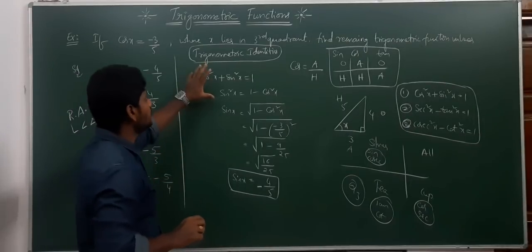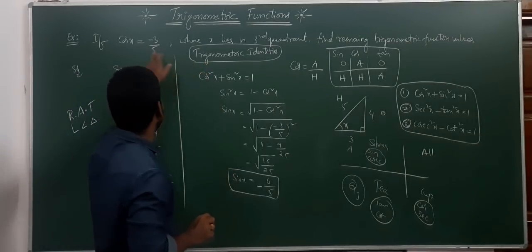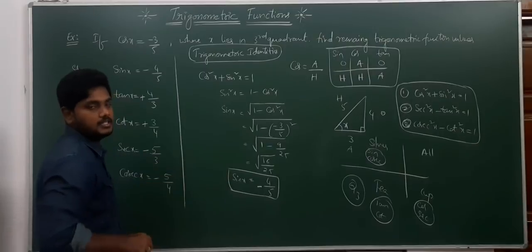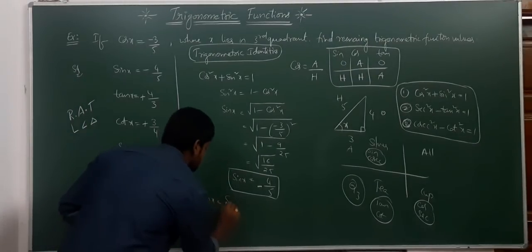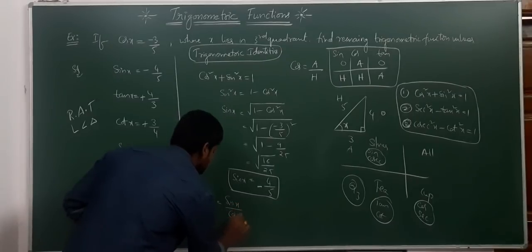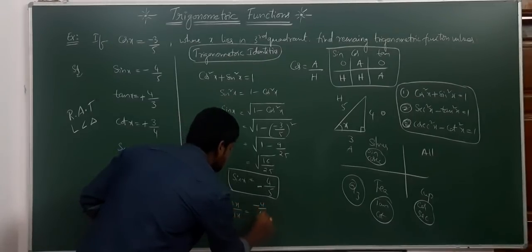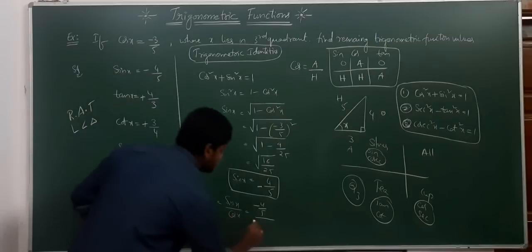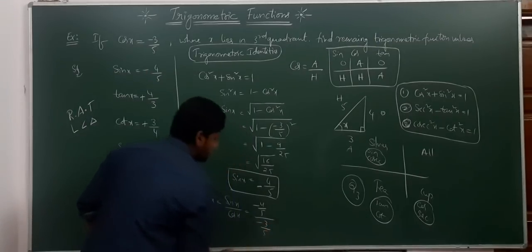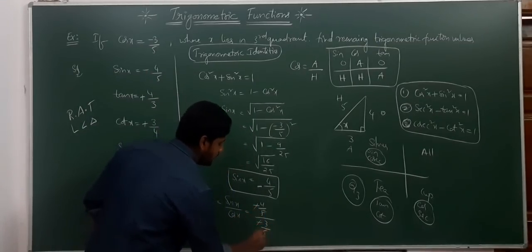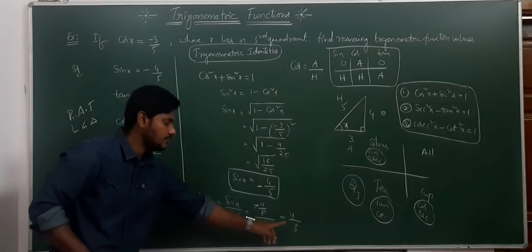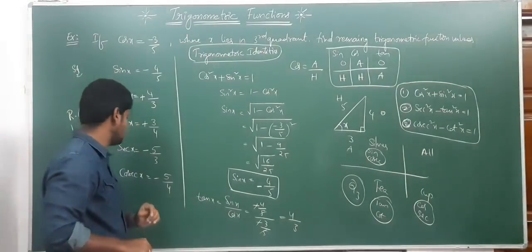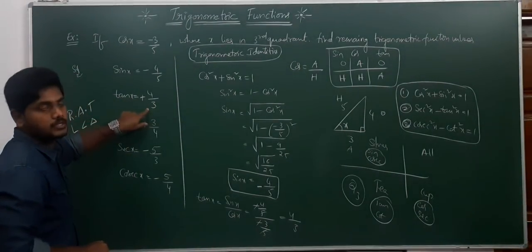So according to trigonometric identities, we got sine. We have cos, we have sine. Then what is tan x? Tan x is nothing but sin x by cos x. What is sin x? Minus 4 by 5 divided by cos x, which is minus 3 by 5. So minus and 5 cancel, which is equal to 4 by 3. If you observe, tan x we directly got as plus 4 by 3. Right? So that is nothing but this.